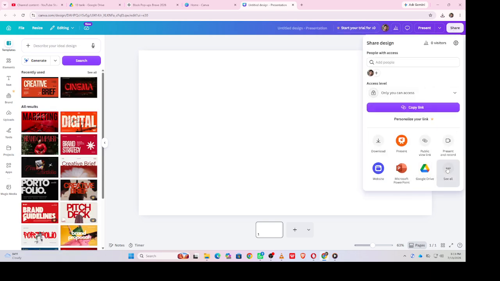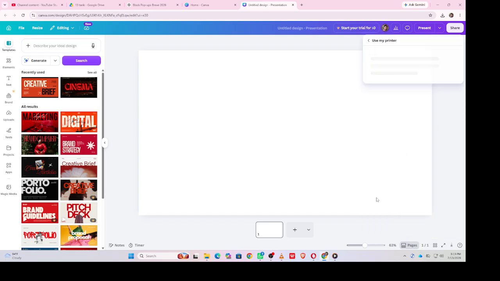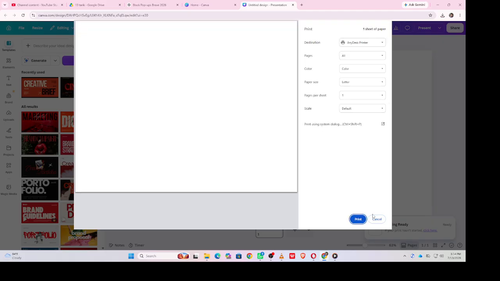Here, you can review the available printing options. Depending on your design, you may be able to choose the paper size, paper type, finish, and the number of copies you want to print. If you plan to order prints from Canva, you can continue by entering your delivery information and completing the checkout